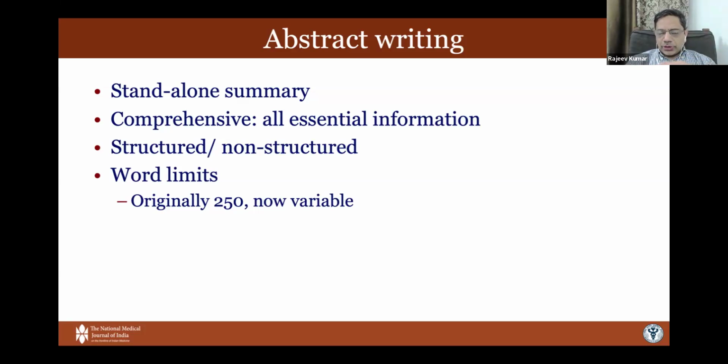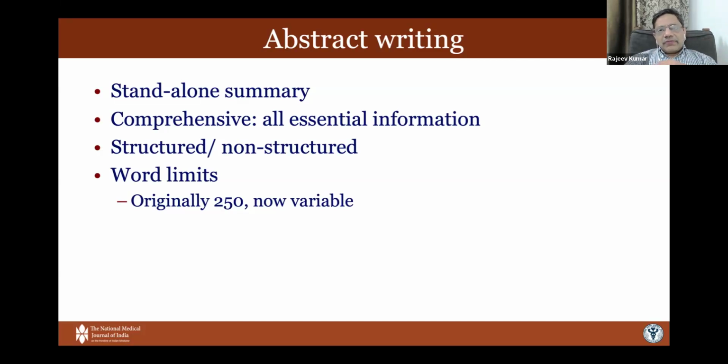So that's a structured abstract. You have to give 4 subheadings. Sometimes you have to give more subheadings, and the journal or the conference will tell you what subheadings they want. The second way is called a non-structured abstract, in which there are no subheadings, but otherwise the content is exactly the same. So it's always more appropriate to create a structured abstract, because then that tells you the checklist. The following 4 subheadings need to be given, and then if you remove the subheadings you still have a non-structured abstract.